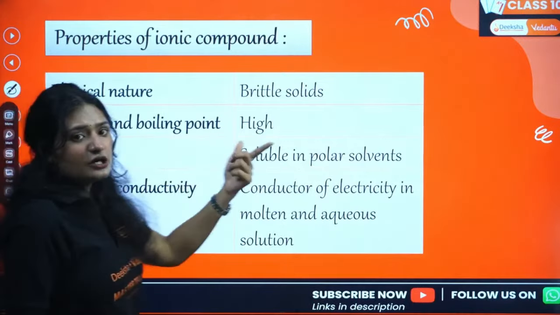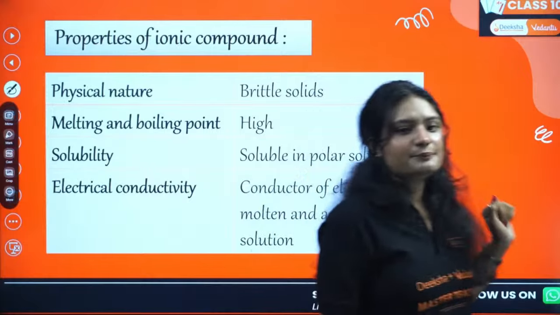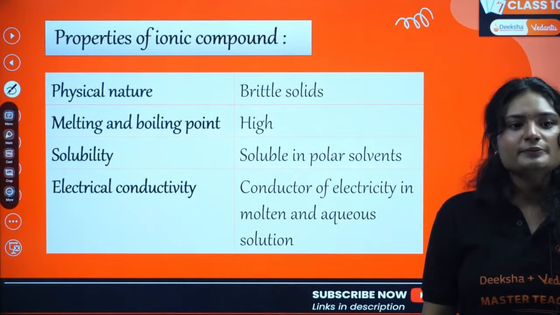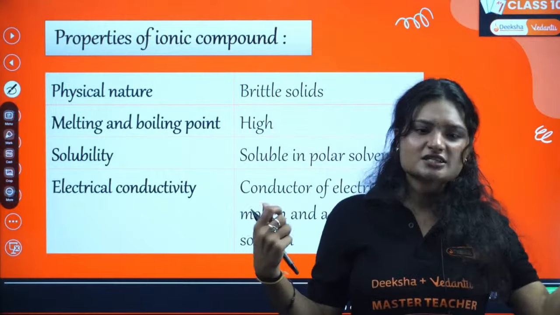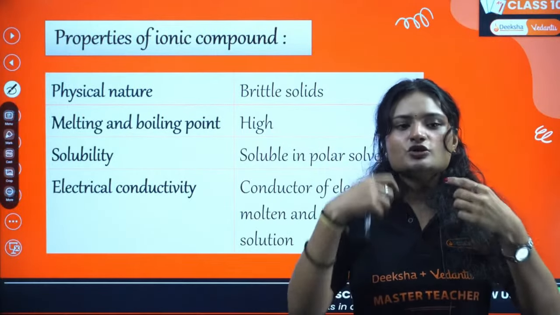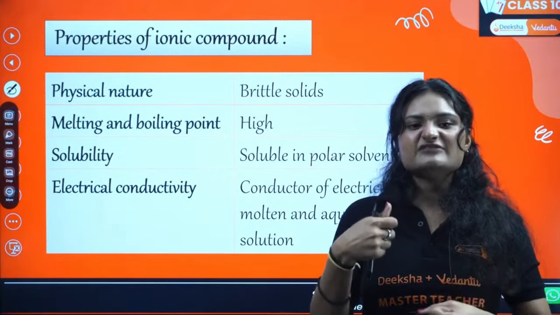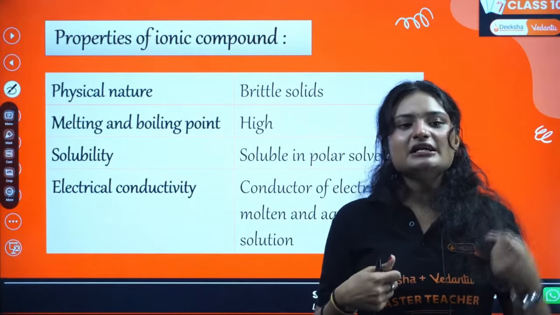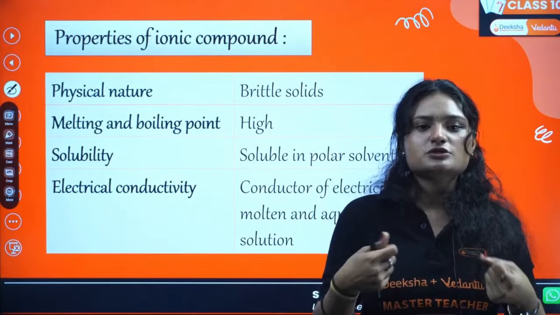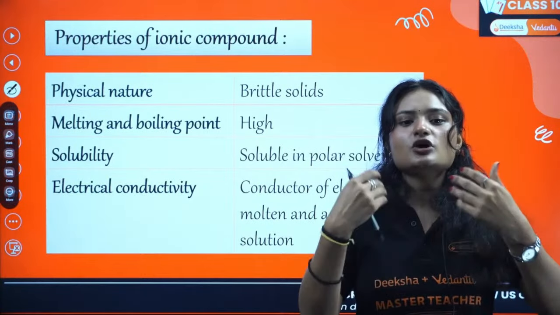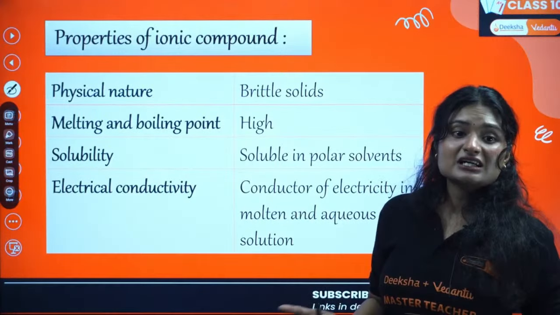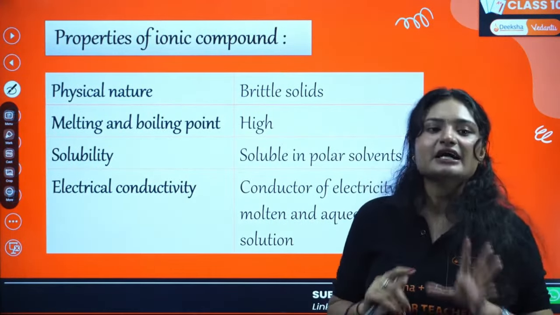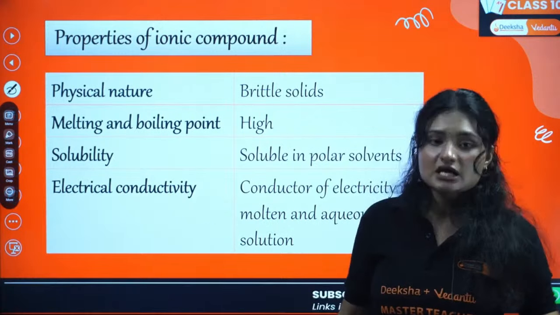Next is solubility. Ionic compounds are soluble in polar solvents. Why? Because ionic compounds have poles, positive and negative poles, right? Similarly, polar solvents also have poles. So like dissolves like, it dissolves polar compounds. Clear? Electrical conductivity: in solid state, ionic compounds do not conduct electricity, but